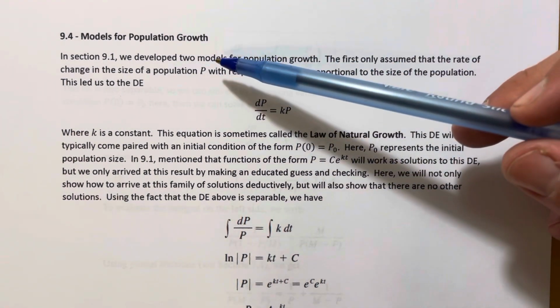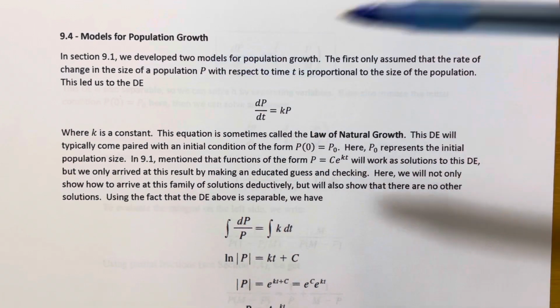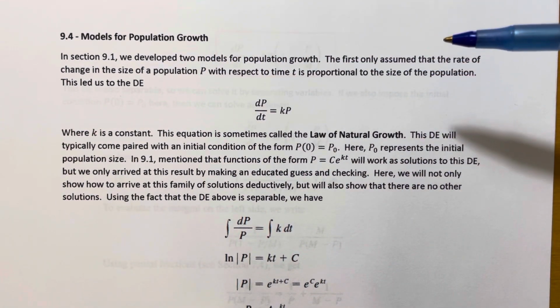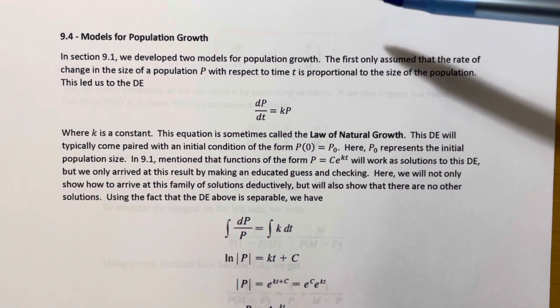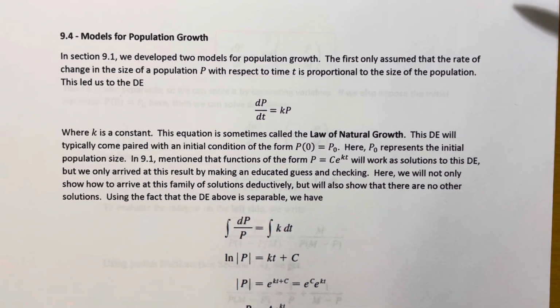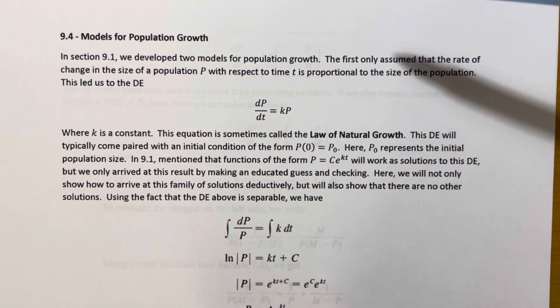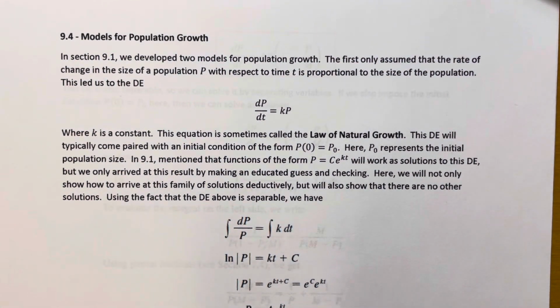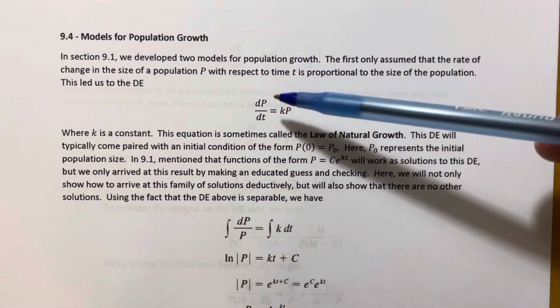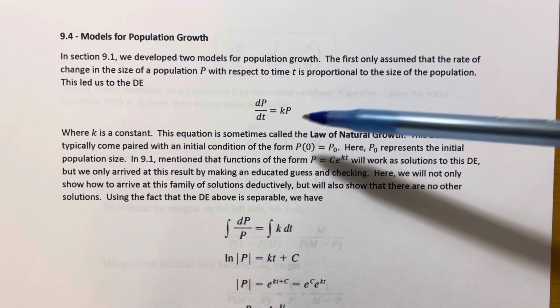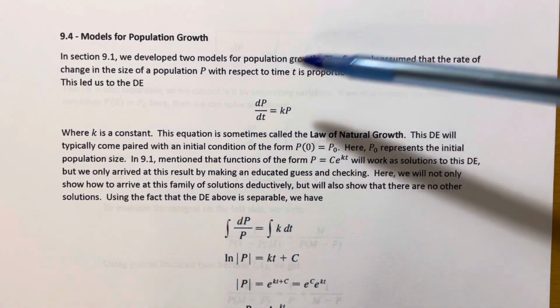We said that as the size of your population increases, then the number of organisms capable of reproduction is increasing in that process, which means the rate of population growth is likely to increase along with the size of your population. So that means that dP/dt should be increasing as P increases,